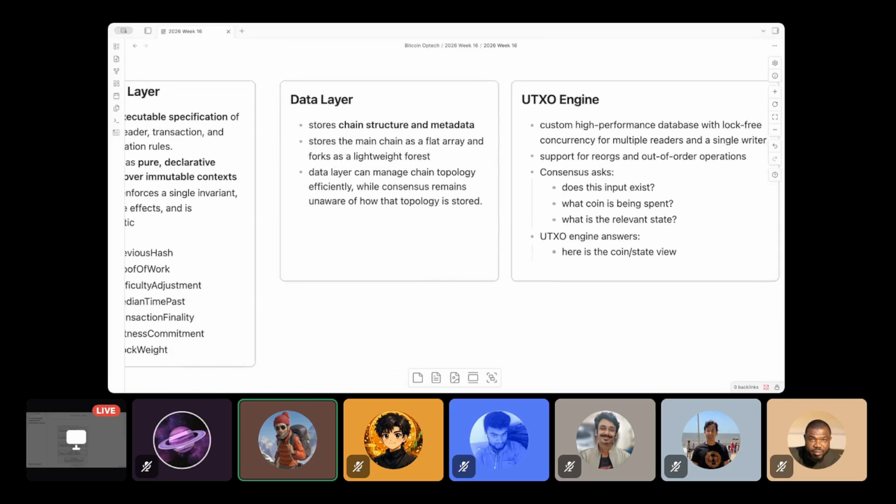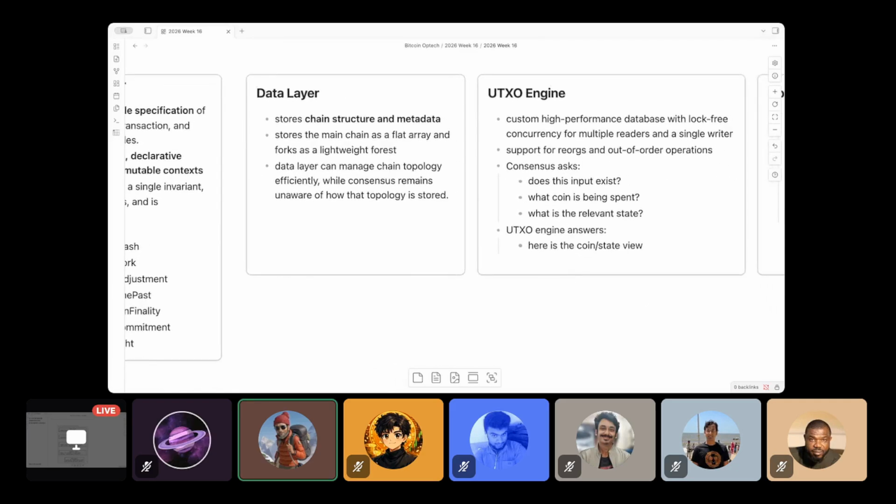Then you have the UTXO engine itself. So it's slightly different from the data layer, because the UTXO engine is specific to the UTXO set itself, because the operations that you have to do on UTXO are slightly more complex and performance oriented than what you do in the data layer itself.